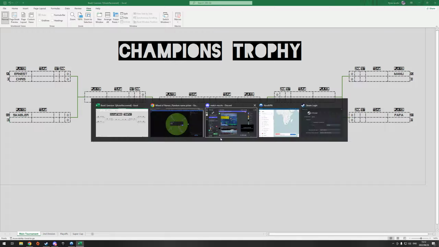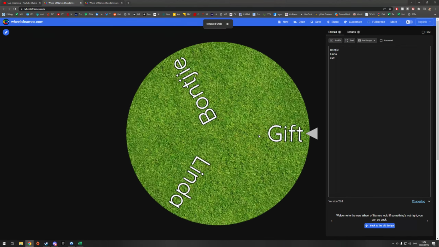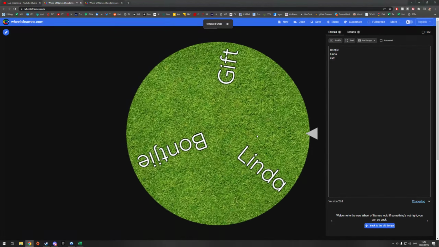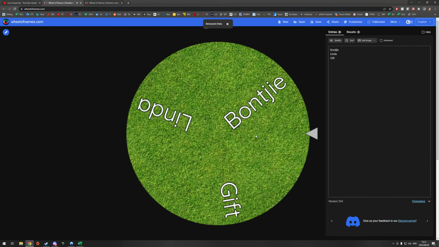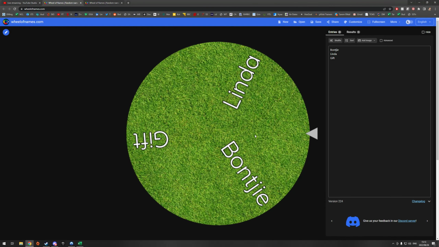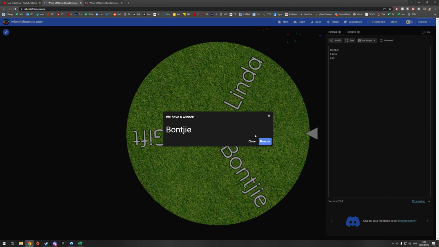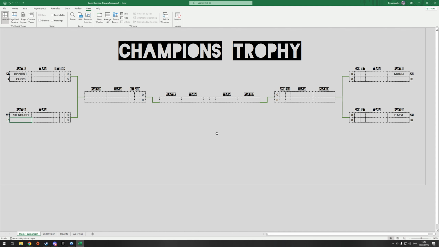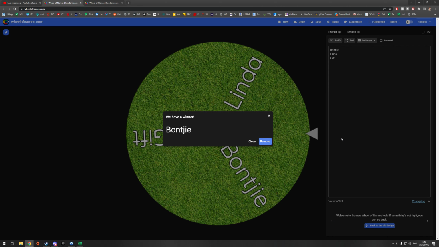And then Scabler's opponent. Oh. Blinky. I get Scabler first up. Actually I like this tie. Dodging. It seems both Fafa and Gift.